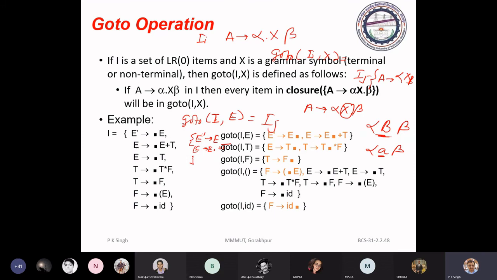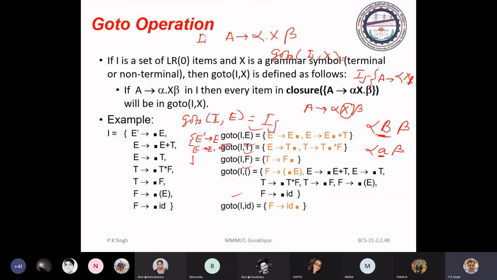If in this new item set you are getting any item having dot just before a non-terminal, then you have to compute the closure item. So here goto E, goto T, goto F, goto opening bracket, goto ID, everything.